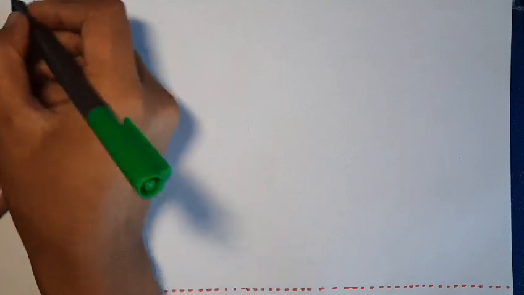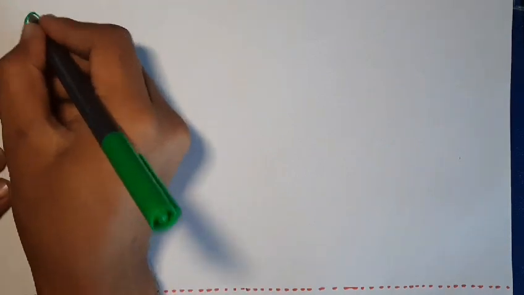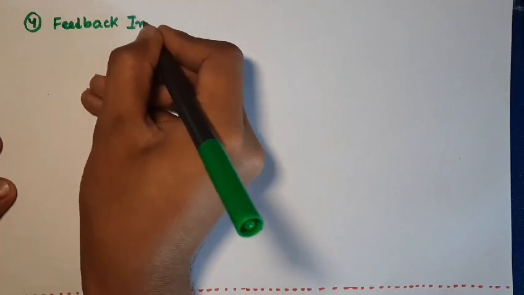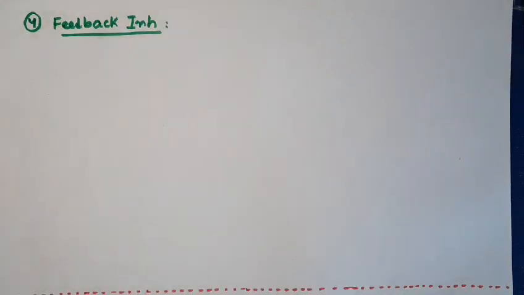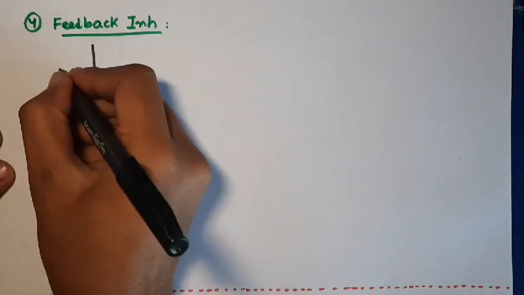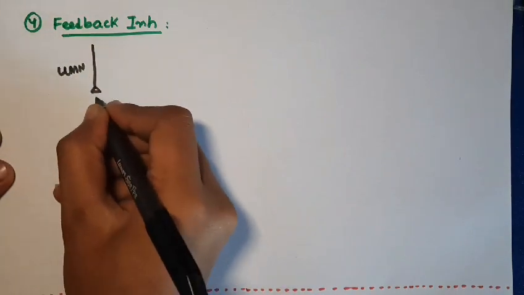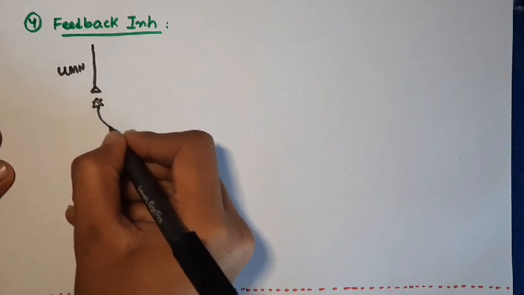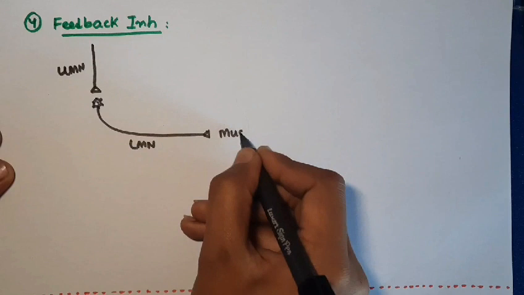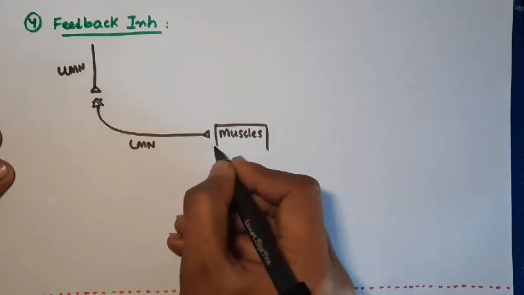Now let us discuss the fourth type of inhibition. It's called the feedback inhibition. So we discussed feed forward inhibition a while ago. This is feedback inhibition. So what happens in case of feedback inhibition? Let's again take the example of the descending motor pathway in spinal cord. So this is upper motor neuron. It causes stimulation of lower motor neuron or alpha motor neuron, which goes to the muscles, and there will be